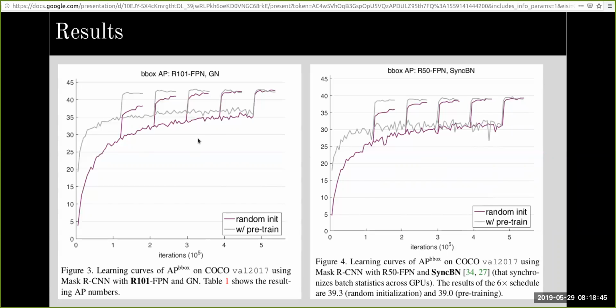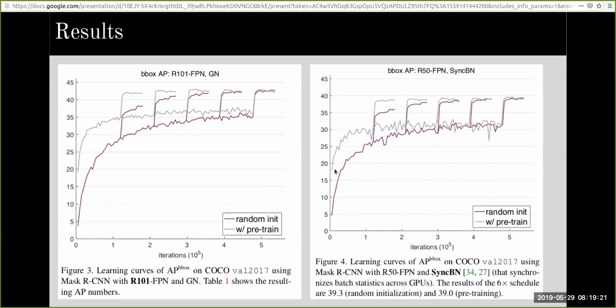The purple color, what we see here, represents a model which is trained from scratch with random initialization, and the gray one represents the model which is trained with a pre-trained network. So a pre-trained network is taken and then it is fine-tuned on the COCO dataset. We see that when fine-tuning, the pre-training has some kind of head start here.